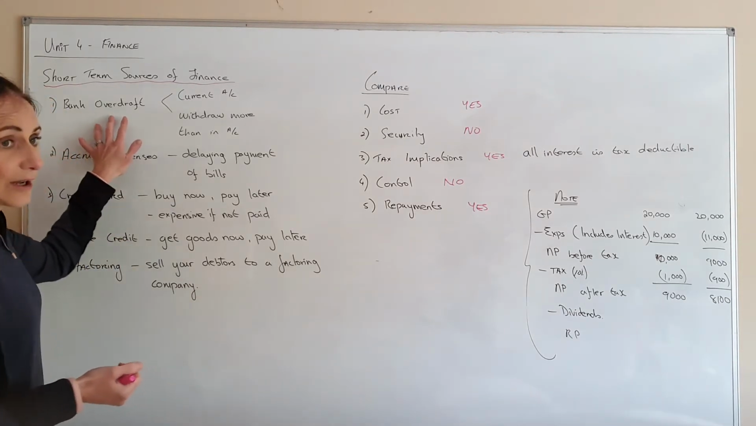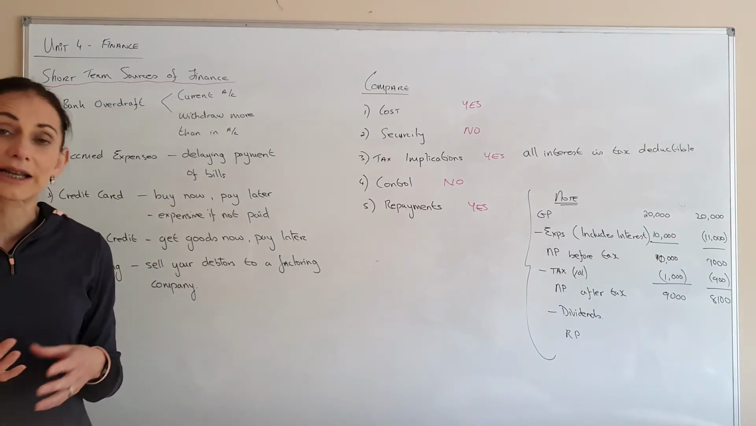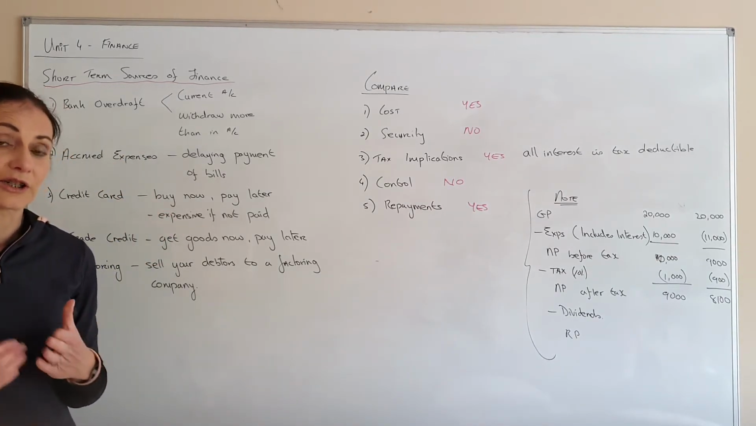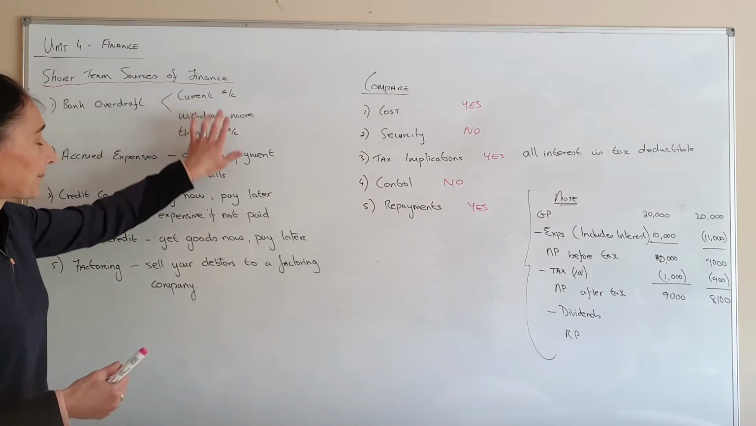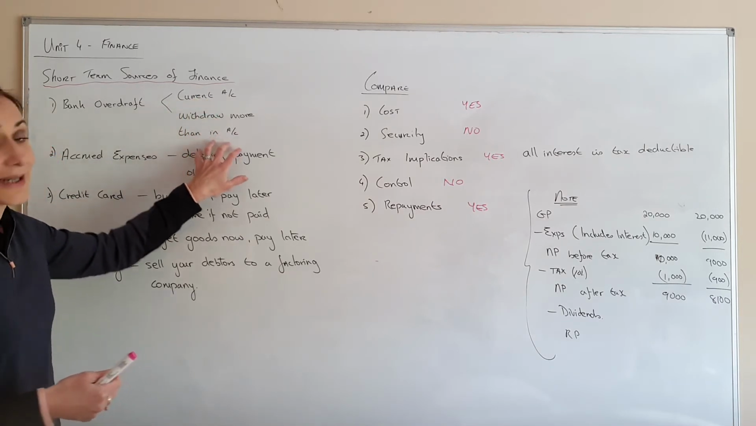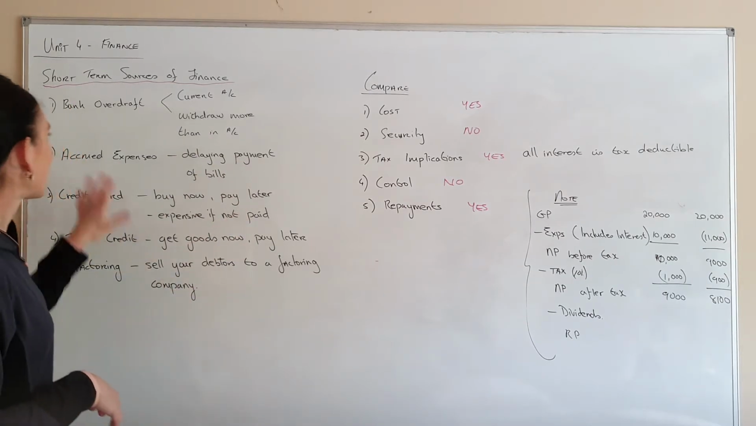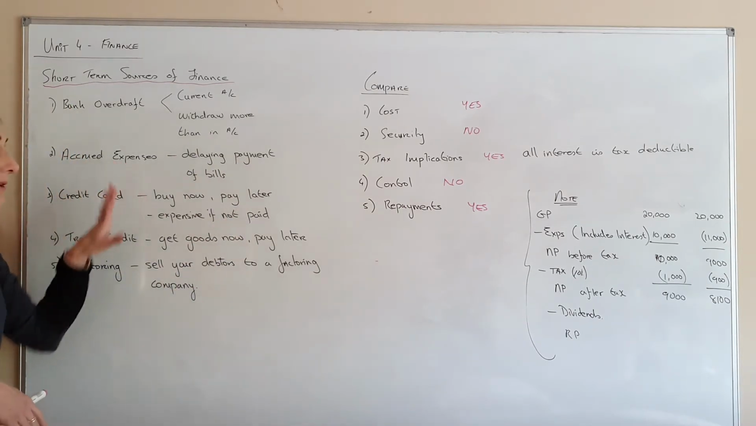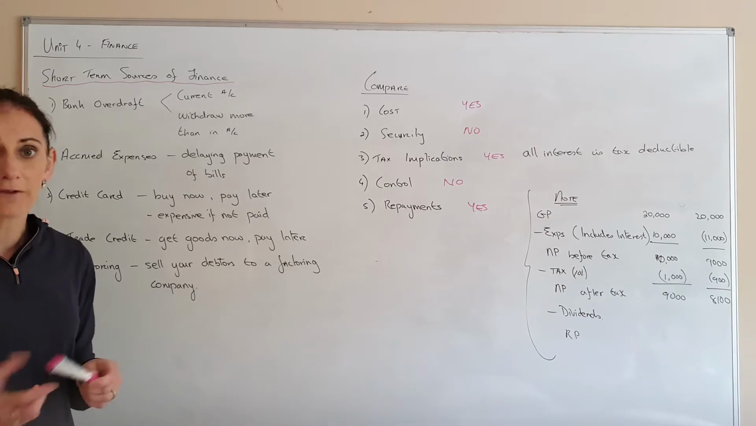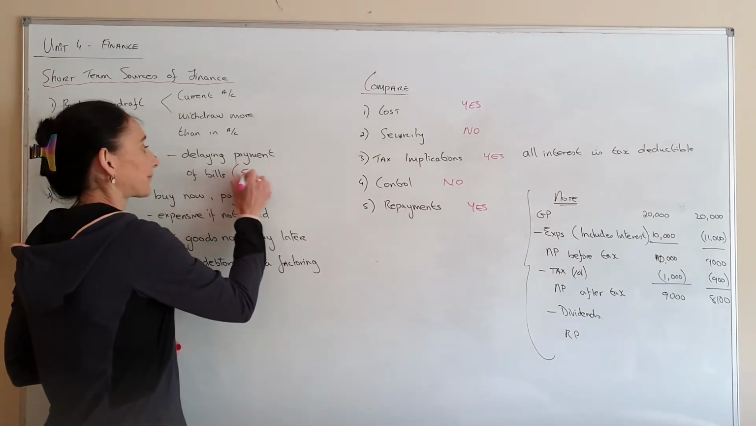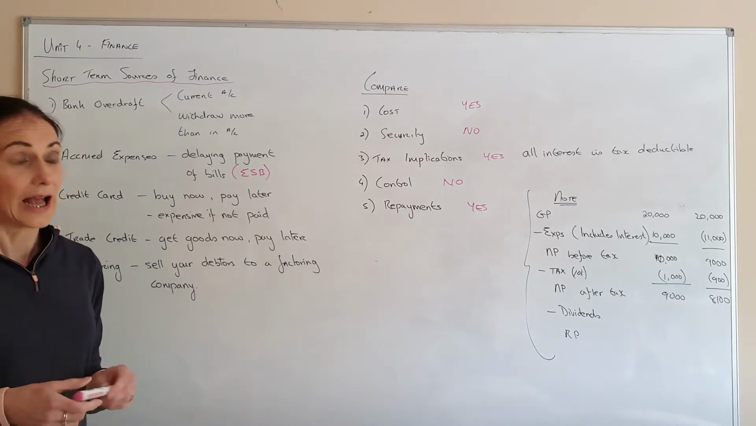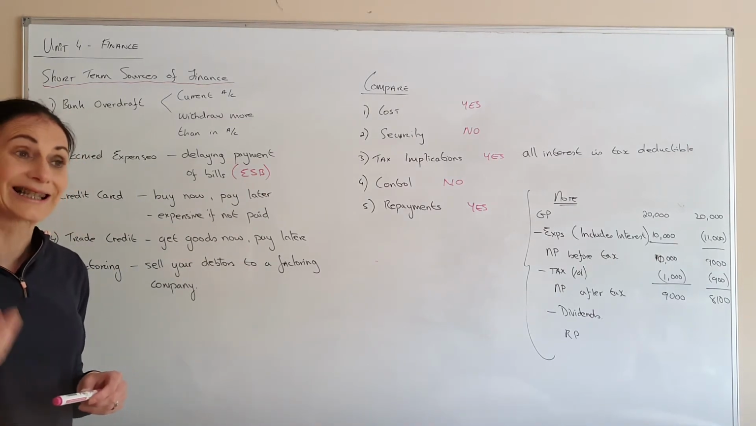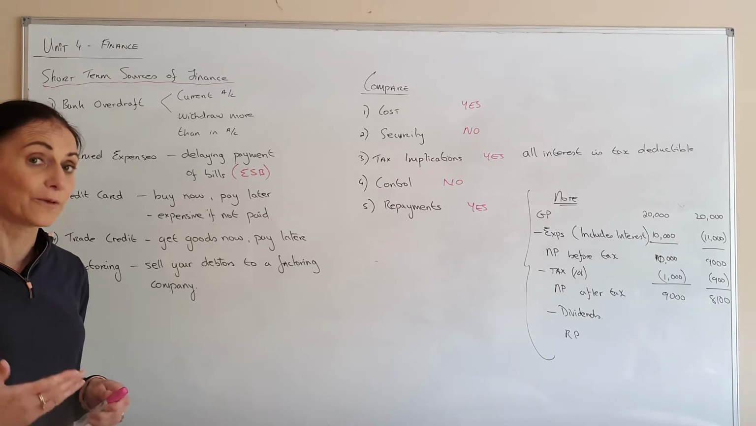So your bank overdraft, basically, it's when you have a current account, they allow you to take out more money than you have in your account. So the current account holders are allowed to use this, and you withdraw more money than is in your account. Very basic. Accrued expenses, this is where you just delay the payment of a bill. Say for example, your ESB bill, you're delaying paying your ESB bill. And again, that's okay as long as you don't let it go too far